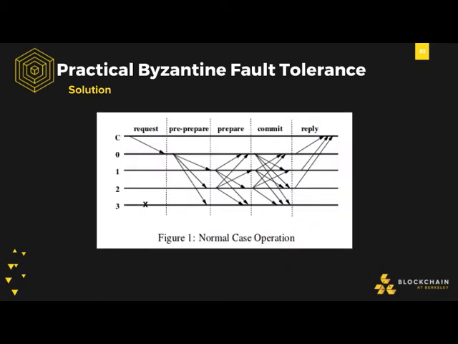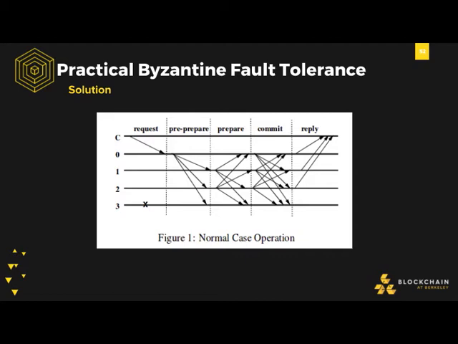So there's a diagram to make this a bit simpler. Here, the client has a request, and then the second stage, pre-prepare, is the primary node telling every other node the request and the order it needs to be in. Then the prepare stage is all the nodes intercommunicating, saying that this is what I received. And then the commit stage is the nodes essentially certifying that I received a sufficient number of prepares that are all the same. So at that point, they can trust what they've been given. So then they tell each other, so they commit to each other.